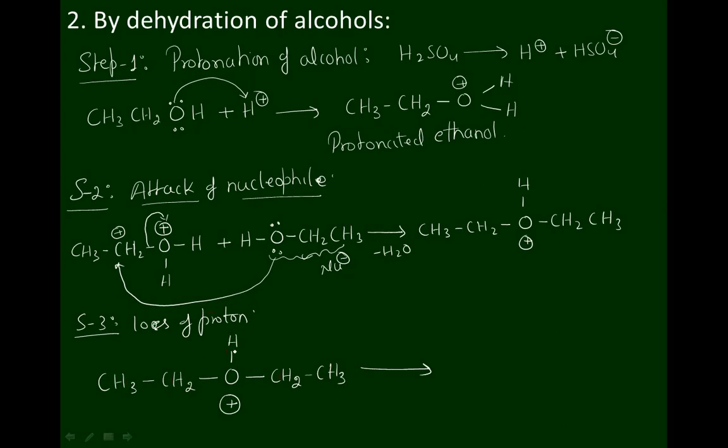So to retain the stability of the oxygen atom, it drags the electron density that exists between oxygen and hydrogen atom by the releasing of H plus ion, where this H plus ion is obtained from acid. Therefore, acid acts as a catalyst, then it acts as a dehydrating agent. It moves back, and we get the final product, that is CH3CH2OCH2CH3. Diethyl ether is obtained. Please note it down.